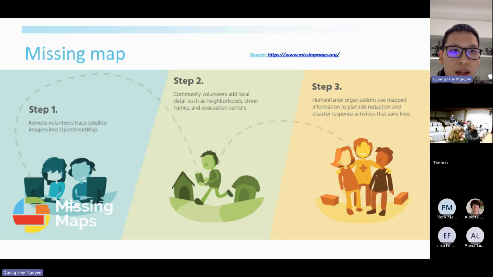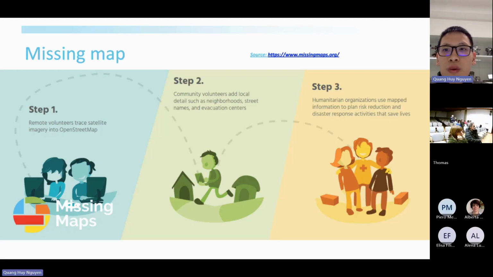And the third organization is also really interesting, it is Missing Maps. Their contribution is also to OpenStreetMap, but not directly to the OpenStreetMap database.